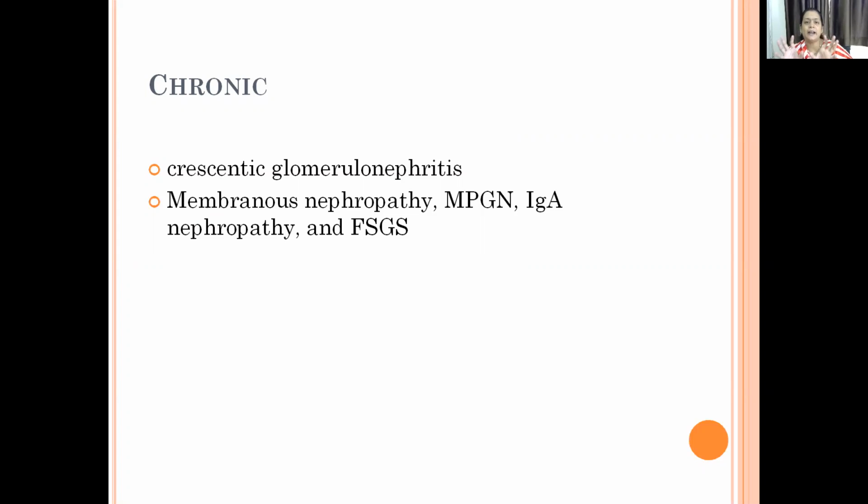It doesn't entitle you to a definition of a particular disease pathology, but it is a cluster of diseases which come together to form chronic glomerulonephropathy. That is as a result of either a crescentic glomerulonephritis, that is a rapidly progressive glomerulonephritis, which is present